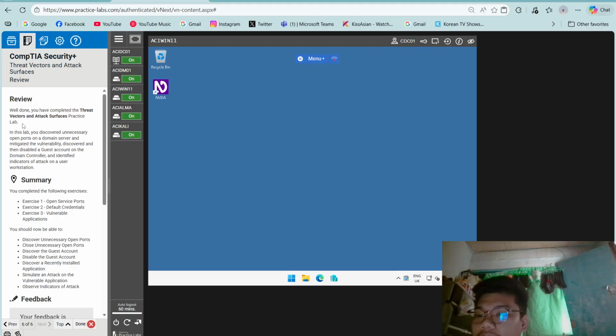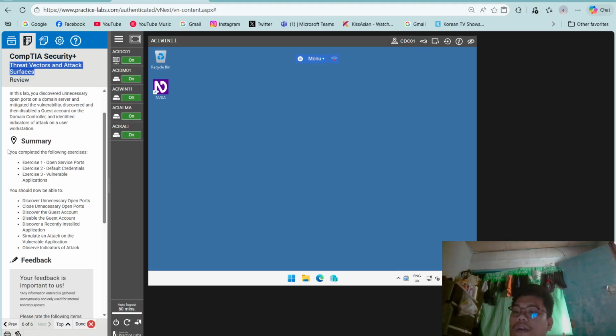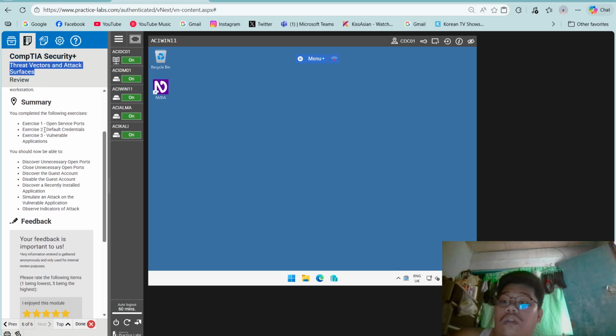Well done. You have completed the threat vectors and attack surfaces practice lab. In this lab, you discovered unnecessary open ports on a domain server and mitigated the vulnerability discovered, then disabled a guest account on the domain controller and identified indicators of attack on the user workstation. Summary: you completed three exercises.